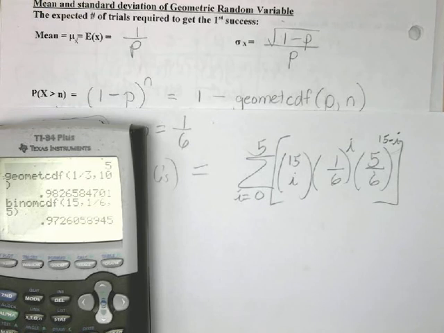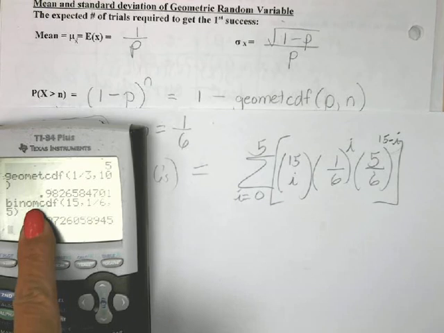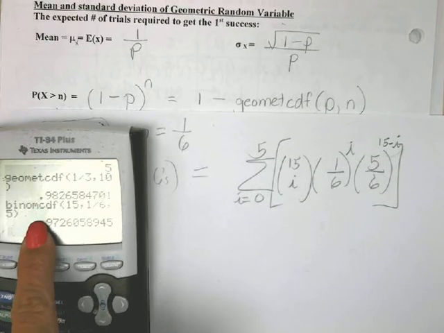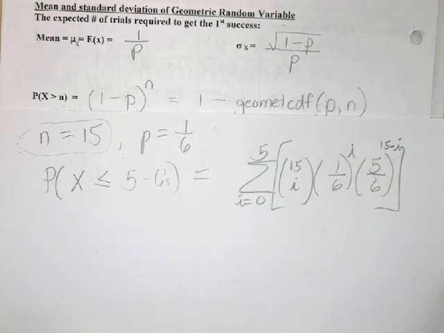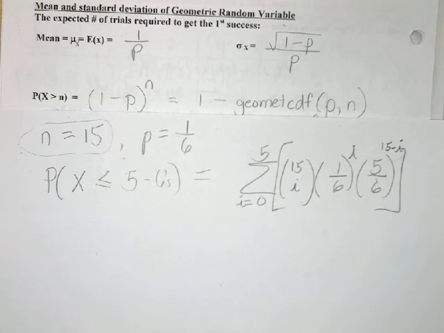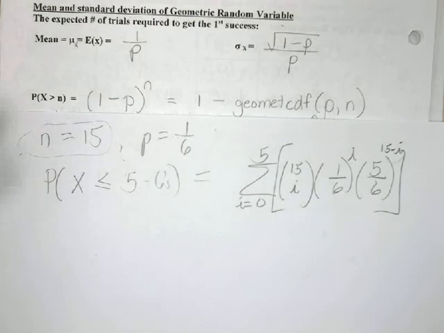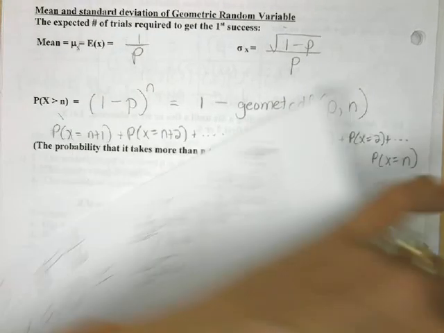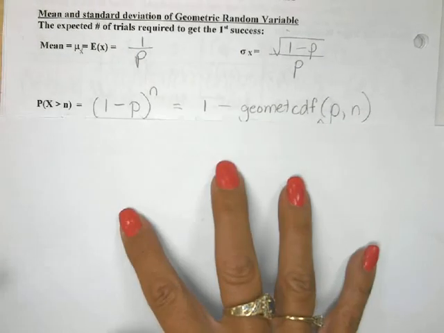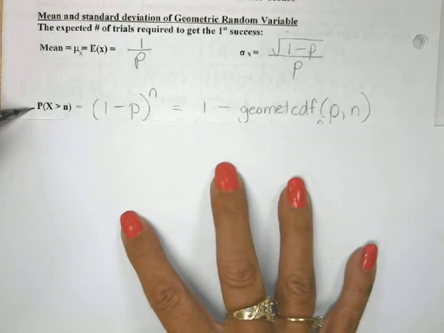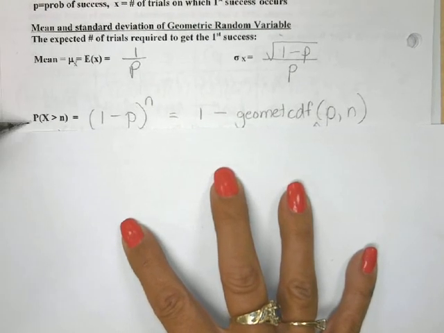Now, we don't have any other fast way of doing that unless we have that button. If we don't have that button on our calculator, we'd have to figure out a whole bunch of probabilities on our own. Now, that's not the case for geometric. Geometric has actually kind of a cool case, and we have a way with geometric of adding up a whole bunch of events, in fact, infinitely many events, with this formula.